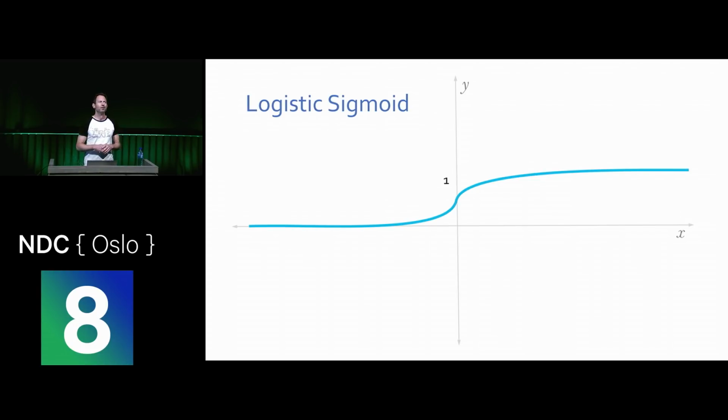So now there's this kind of intermediate area, this gray area. So if we don't get it right, we can see the direction we need to go in order to get to where we want to go. This is called a logistic sigmoid. And this is a popular function with artificial neural networks. But the problem with it is if you look at the formula for that function, that's quite expensive to compute.